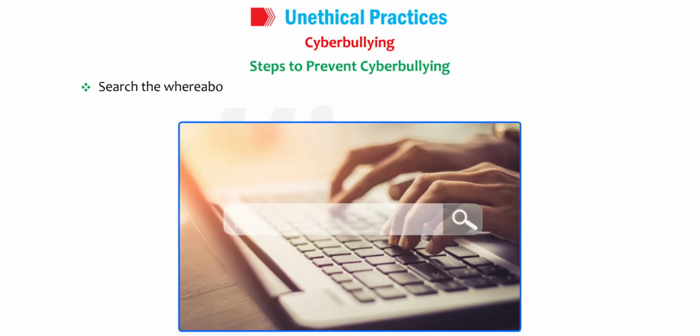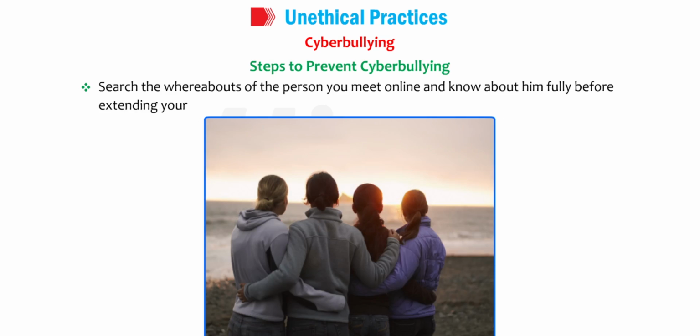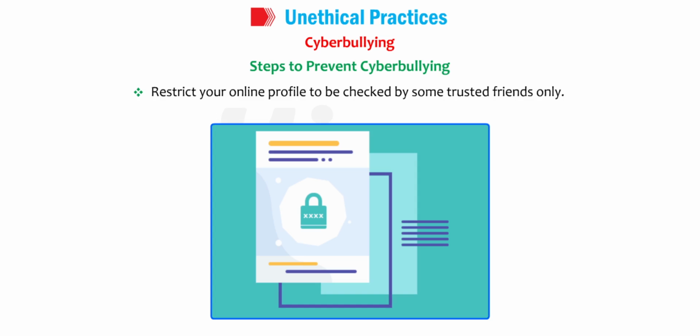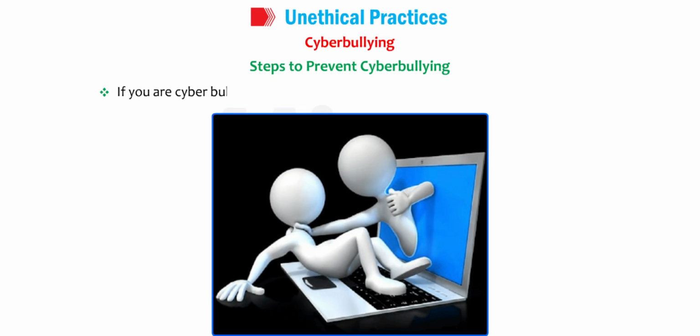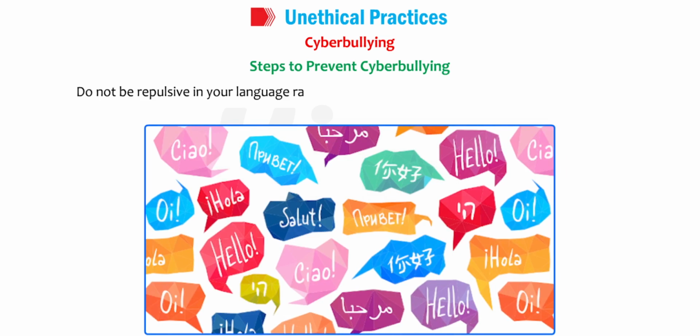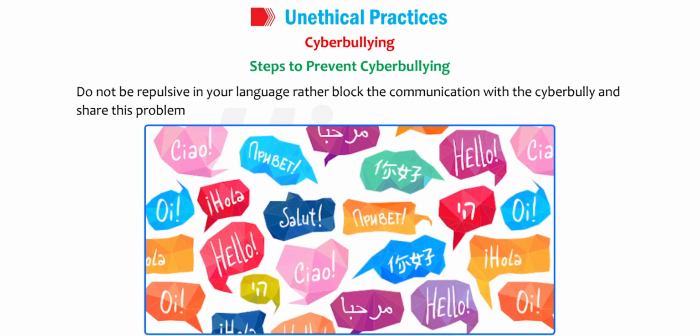Search the whereabouts of the person you meet online and know about him fully before extending your hand for friendship. Restrict your online profile to be checked by some trusted friends only. If you are cyberbullied by someone, do not remain silent but take action against it. Do not be abusive in your language, rather block the communication with the cyberbully and share this problem with your